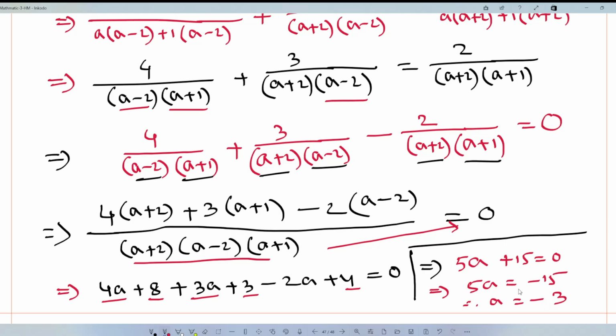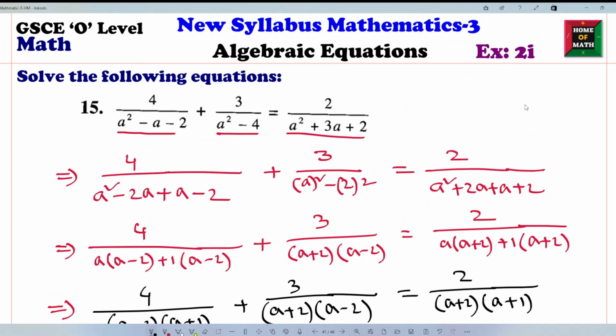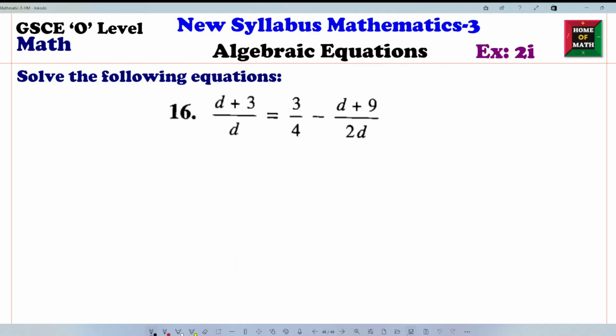So hope you understand this one. It's also a very important math for GED 10 or GCSE. Okay, number 15 complete. So we need to complete one more math. Let's start. Number 16,